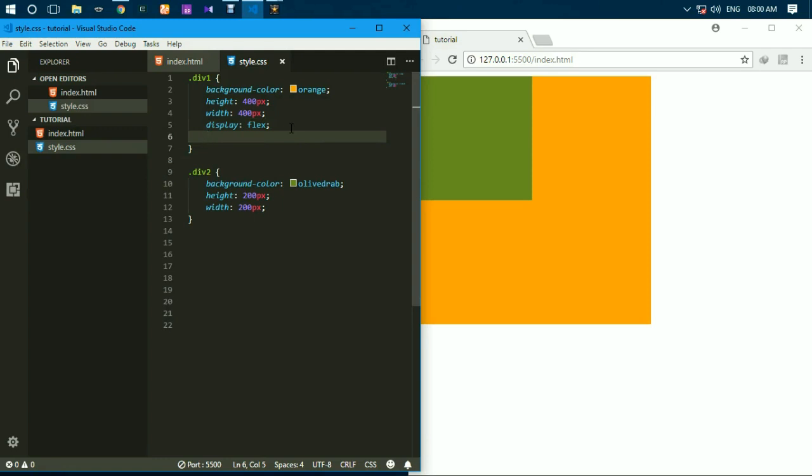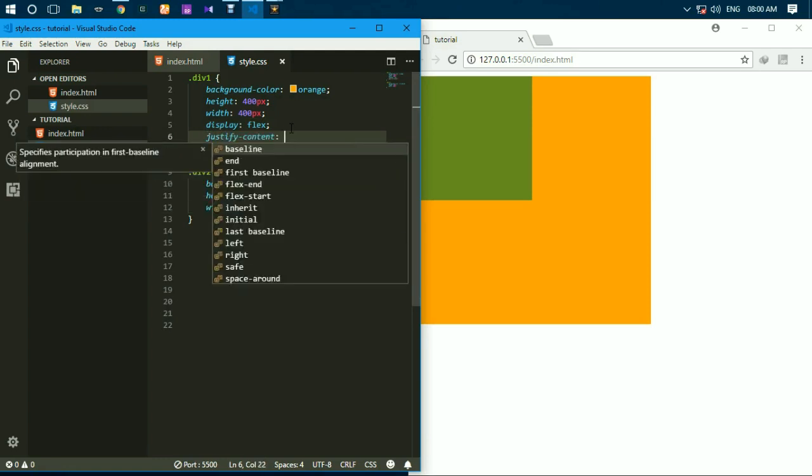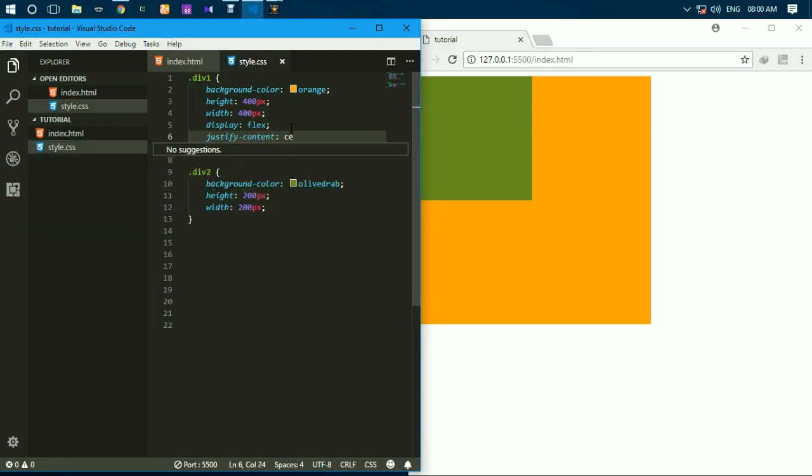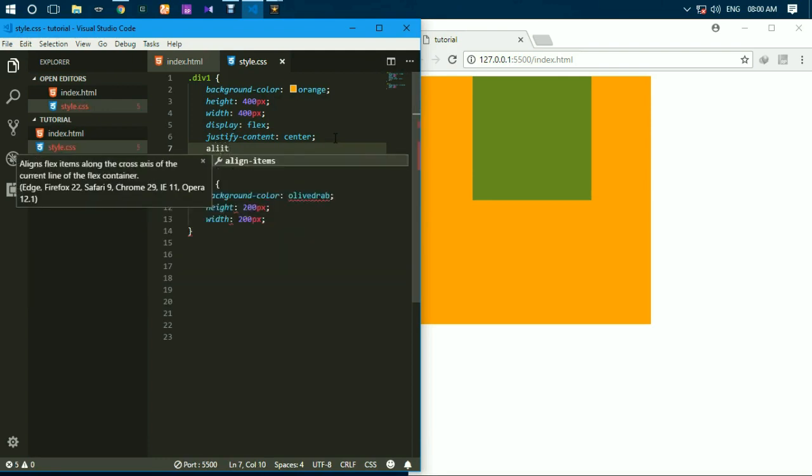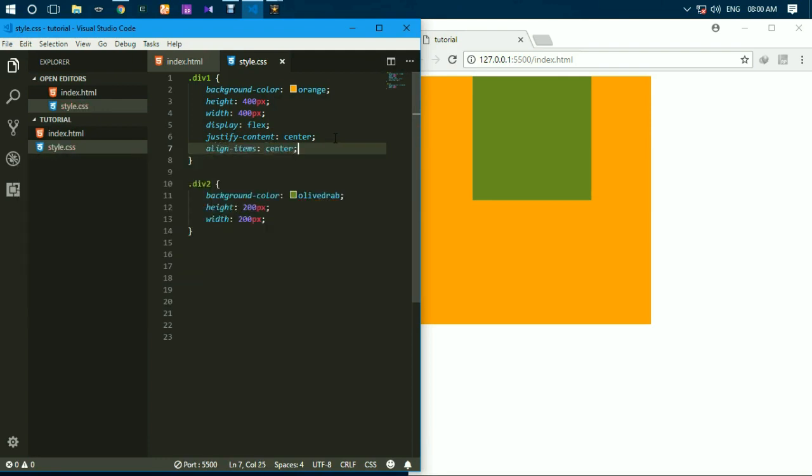and then justify content center. We can see justify content goes from left to right, the x axis, and to center it in the y axis we need to use align items to center. So see, this is much easier than the previous one and better to understand. And